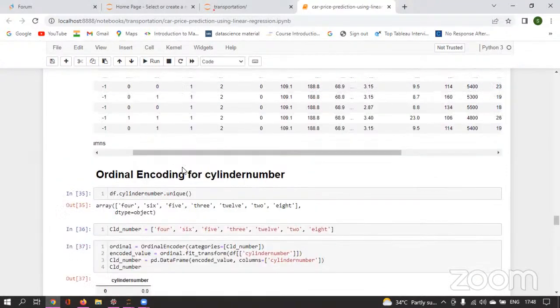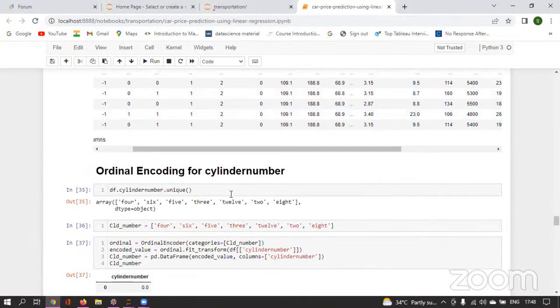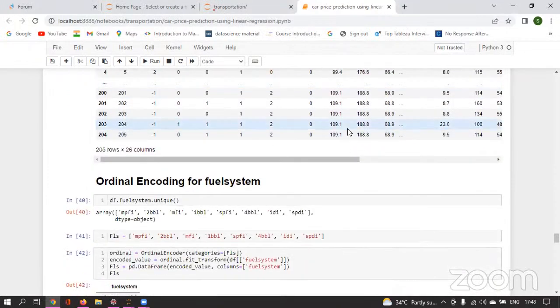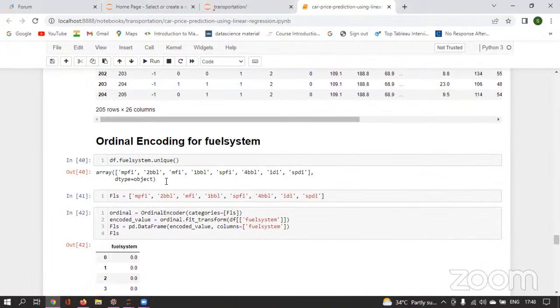Here cylinder is one of the features we will be having as well. That also plays a very important role, since it is 4, it will be having order. So I'm doing the ordinal encoding for that, and I'm simply appending that into our main data frame. And then we have fuel system.